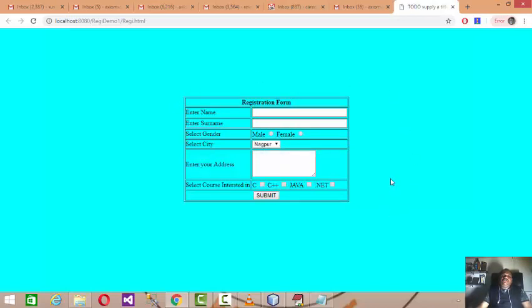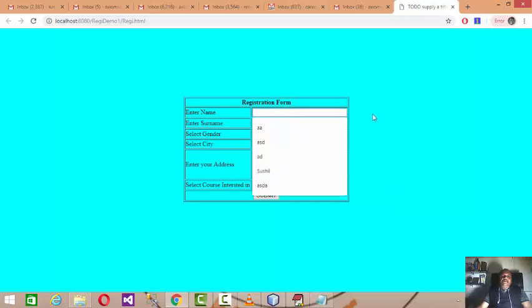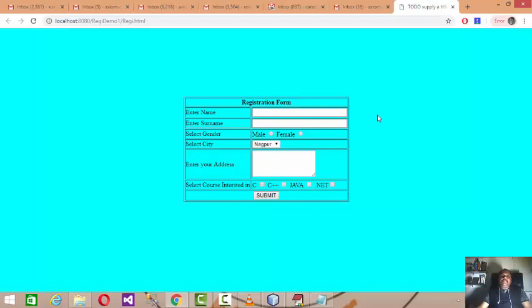In the prior session we had discussions about how we can use input type equal to text, meaning text fields, right? And the submit button. The form was designed to accept data in the format of text and submit the data to the server side page. But in today's session we need to focus on some other controls like radio buttons, drop down list, text area, and checkboxes, which we often need to use while designing various input forms, right?